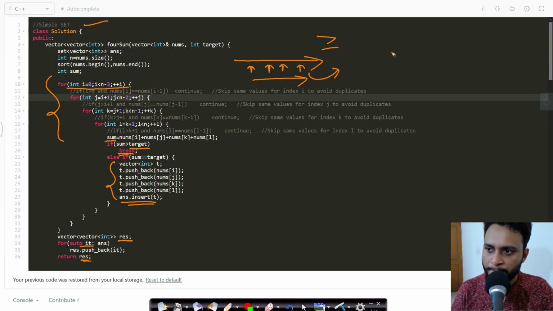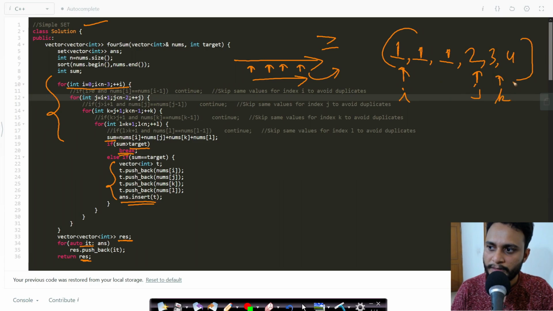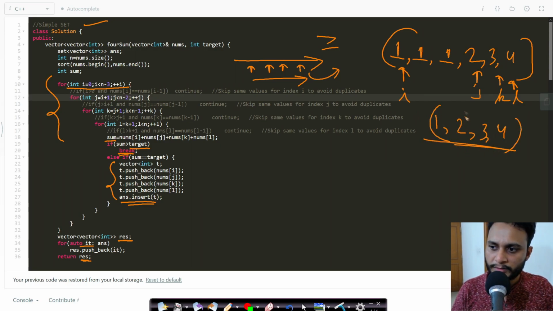Here what happens is, if we have elements like this, and I is pointing to this one, J is pointing to this, K is pointing to this, and L is pointing to this, then you will see that if we take the quadruplet of 1, 2, 3, 4, this will be a unique quadruplet.